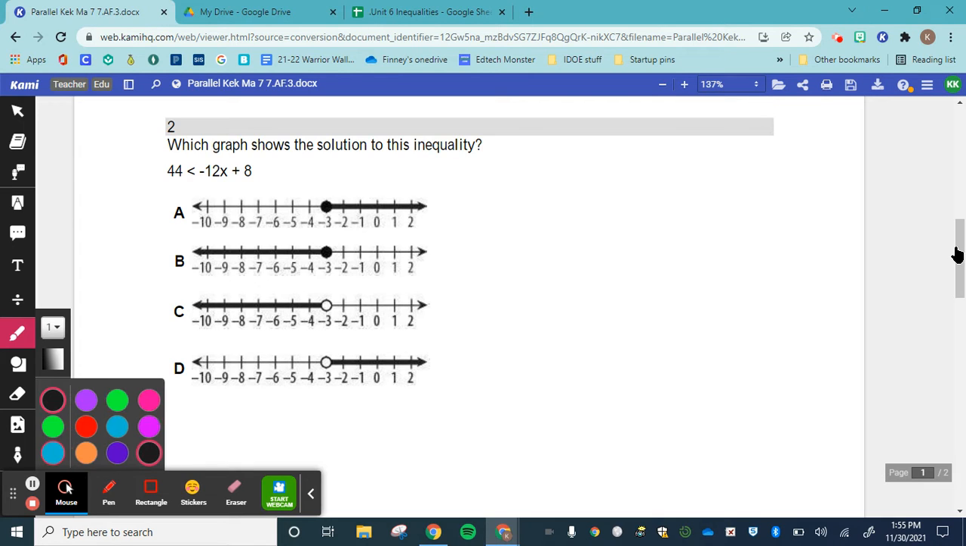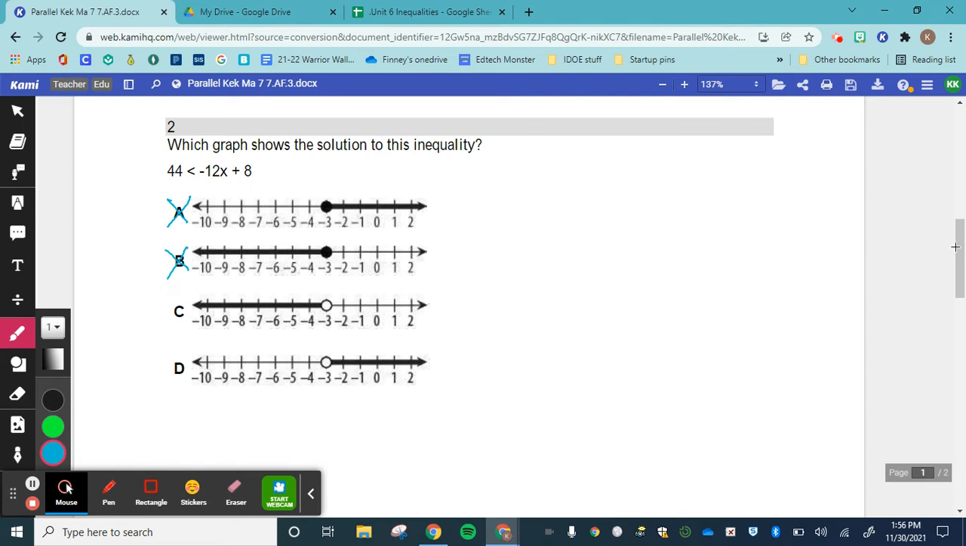I can automatically eliminate 2 of them, just knowing that my inequality sign doesn't have a line under it. So I know without even working it out, my answer cannot be A and it cannot be B, because this would be greater than or equal to, and this one would be less than or equal to. They would need to have the line under the inequality symbol. So I know it will be either C or D, but I can't tell for sure which one it is